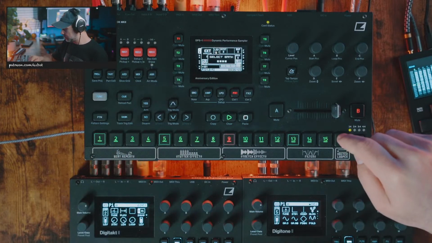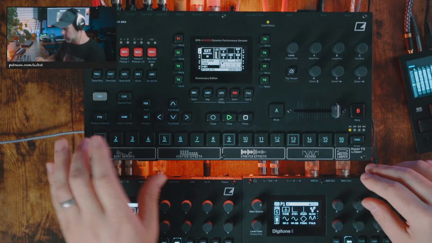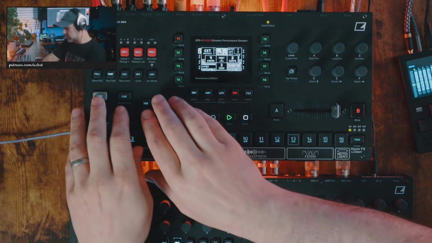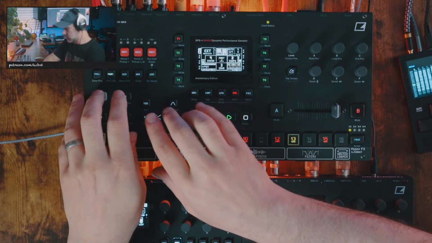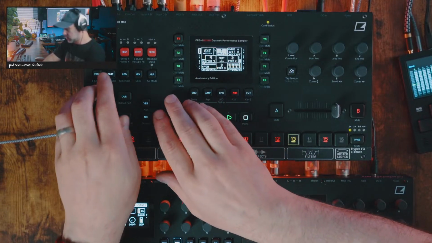Okay, so let's dive right into it. I'm gonna go to an empty bank. We'll use bank 16 pattern 1, and I'm gonna clear out these parts. So clear the part, clear the part, clear the whole thing out like it didn't exist. And then